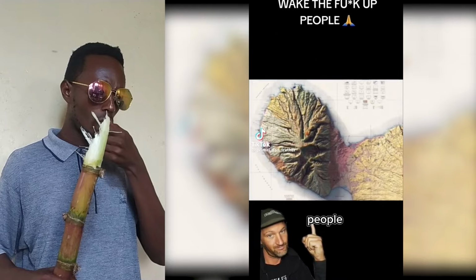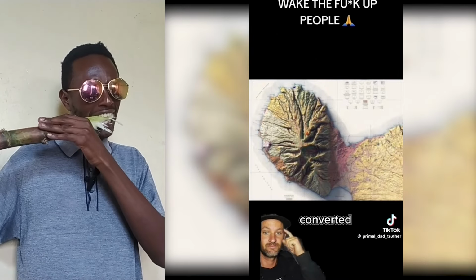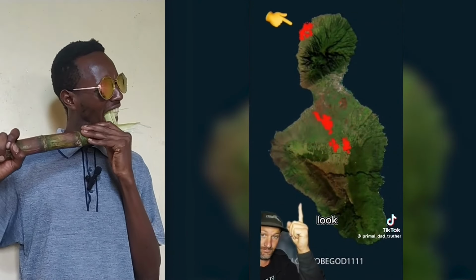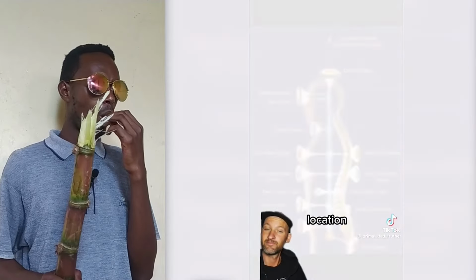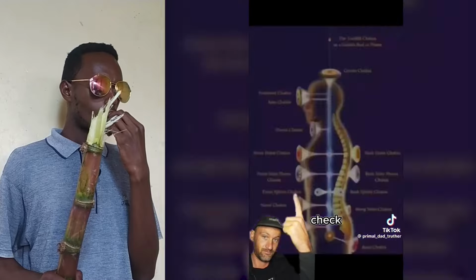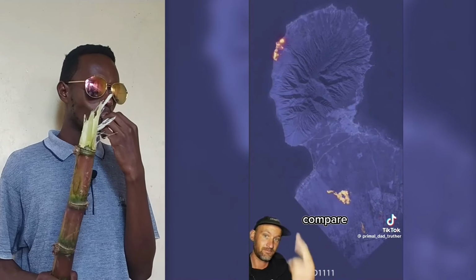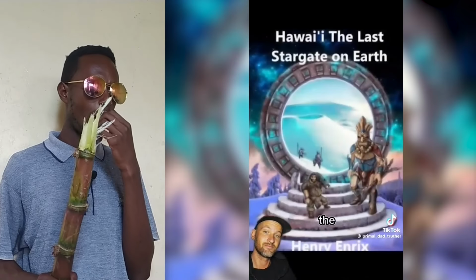Wake up, people. Here is a map of Hawaiian Maui. Looks like a giant human converted to stone and asleep. Now look at this. The pineal gland or third eye was on fire. The heart chakra location was on fire. Also here is the human main energy chakra map. Check the location of chakras and compare with the Maui Hawaiian map here. Also, Maui is one of the